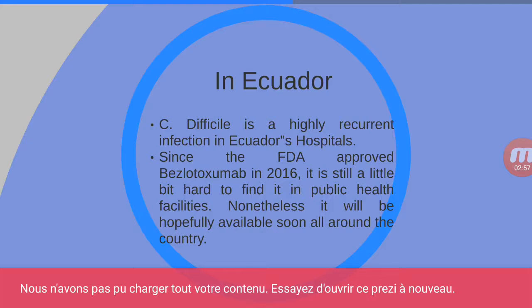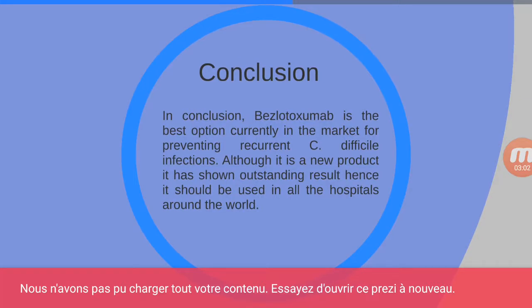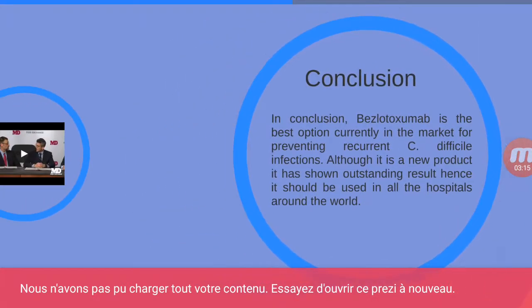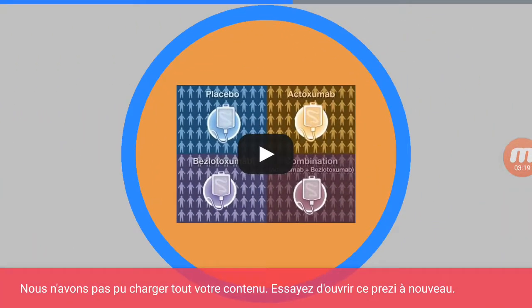Modify 1 and Modify 2 are two international randomized double-blind placebo-controlled trials investigating the effect of monoclonal antibodies against C. difficile toxins to prevent recurrent infection. Investigators evaluated Atoxumab and Bezlotoxumab, two fully human monoclonal antibodies that bind and neutralize C. difficile toxins A and B respectively. 2,655 patients with a median age of 66 years who had primary or recurrent C. difficile infection and were receiving standard of care antibiotics were randomized to receive intravenous placebo, Atoxumab, Bezlotoxumab, or a combination